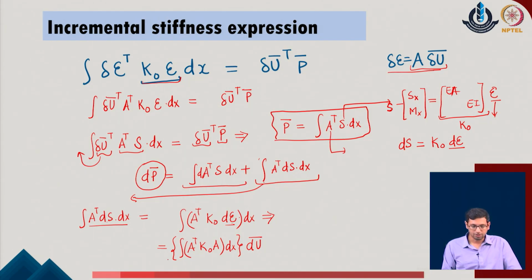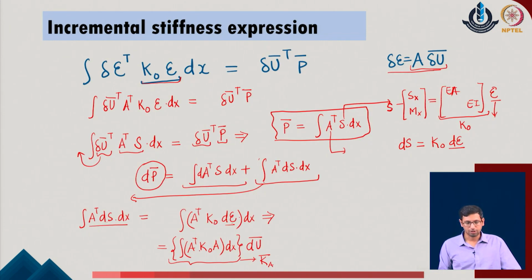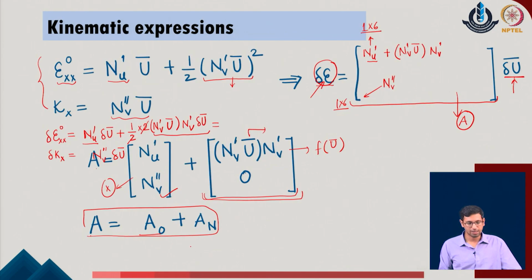So, we understand that this coefficient which is getting multiplied in this part is equivalent to the stiffness of the given system. So, we call it the stiffness K A bar, as similarly we defined in the truss problem also. And now we can just open up this expression for the given system. So, we will just try to see the expression in terms of the overall value, because A is defined with respect to A naught plus A n in the given problem.